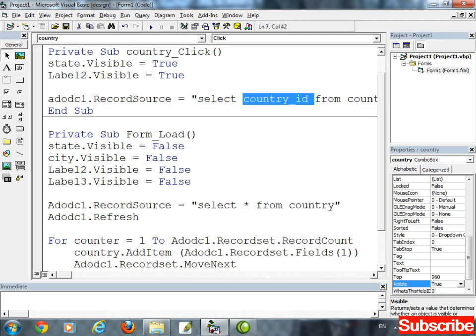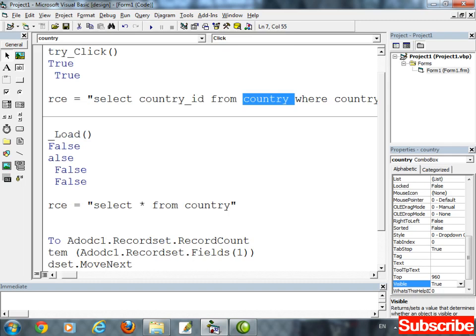Select country ID from the country table. This is a simple thing. Where is a keyword which is used inside SQL. Just like the select keyword and the from keyword, we also use the where keyword. The where keyword is basically used for selection of some specific record.